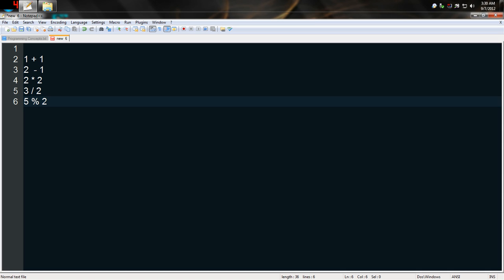Now, most languages include what is known as the modulo operator. I think that's how it's pronounced. Now, what it does is it does division. Now, it doesn't do division as how you think it does. Now, the modulo operator or the percentage sign operator, whatever you want to call it,